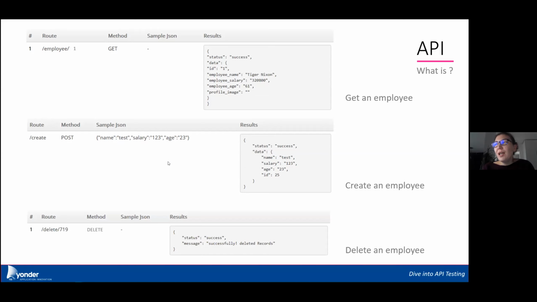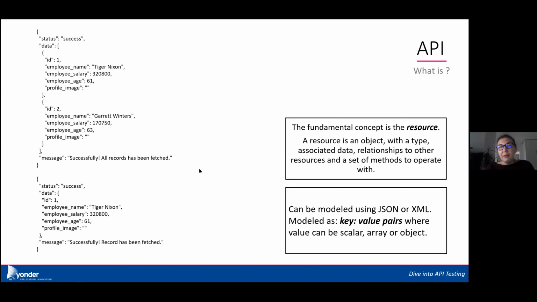In case we would like to delete a specific ID, we use the delete URL with the specified delete method, and the result from the server will say that the resource was deleted. So this is the example of the API that can give you more details if you're not already familiar with it. If you're already familiar with the API and have already tested it, you know that the fundamental concept